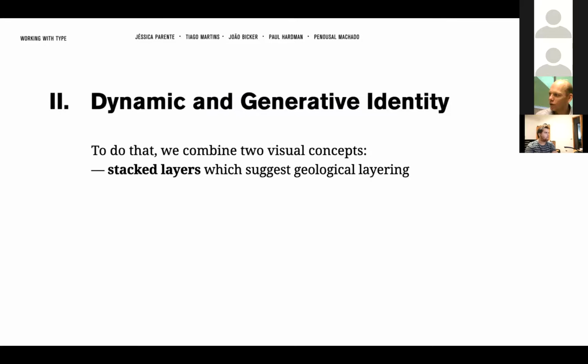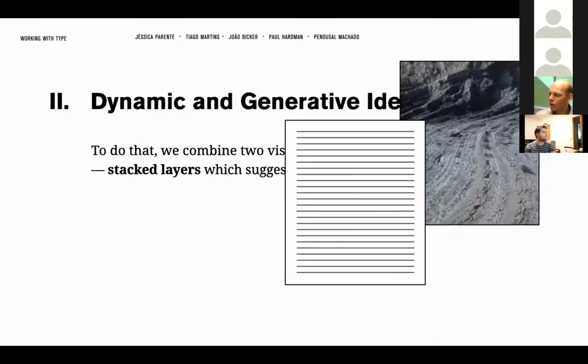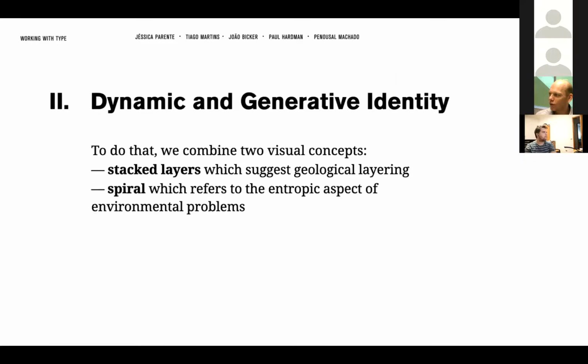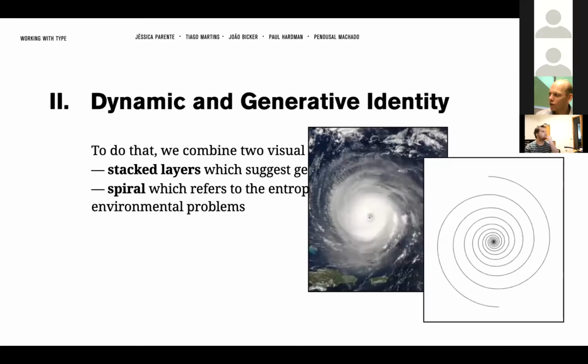Since the concept of Anthropocene highlights the profound impact of human activity on the planet, we decided to use staggered layers, which suggest geological layering. We also use the concept of the spiral, which refers to the entropic aspect of environmental problems. In that sense, the negative effects of climate change and deforestation are not isolated problems, but tend to have unpredictable and